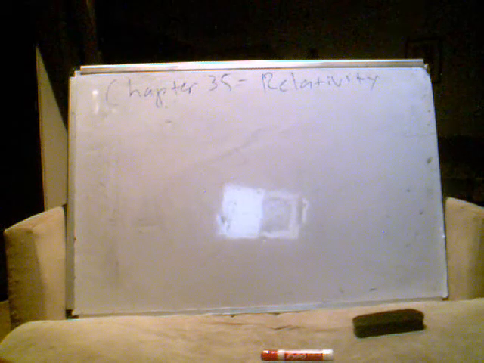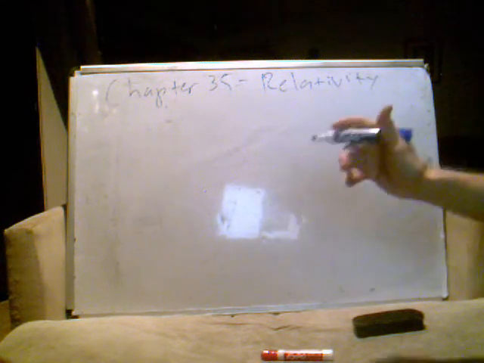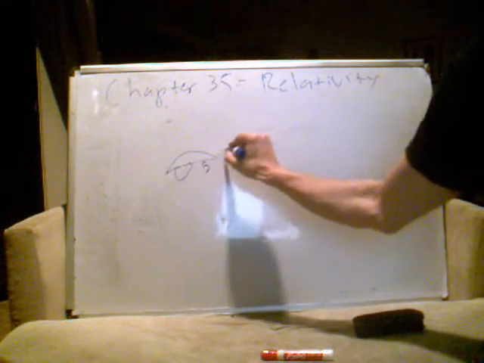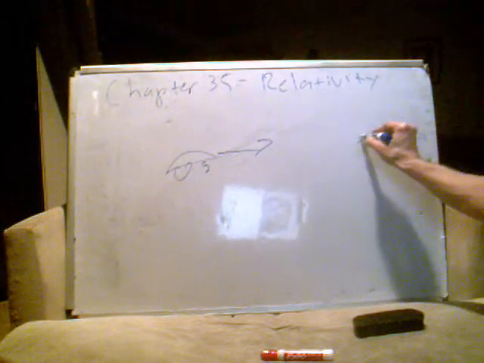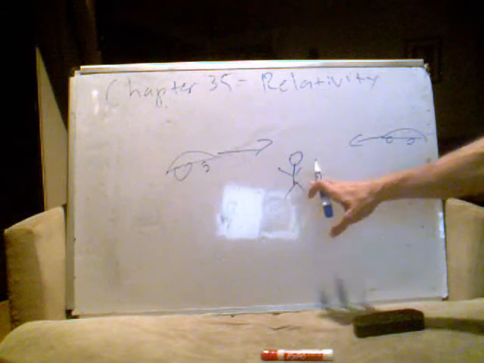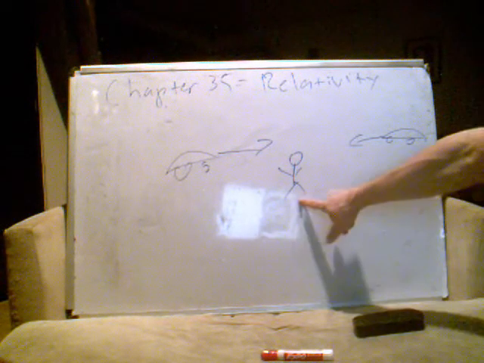Welcome back to Chapter 35 and Relativity, and we're going to begin today with a thought experiment. So let's just say that there's one car driving this way, and there's one car here driving this way, and somewhere on the sidewalk there is a person just kind of standing there. Now let's say this pedestrian here